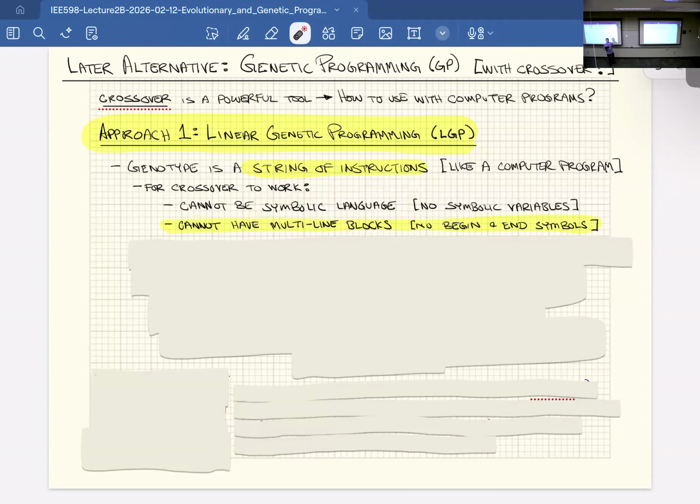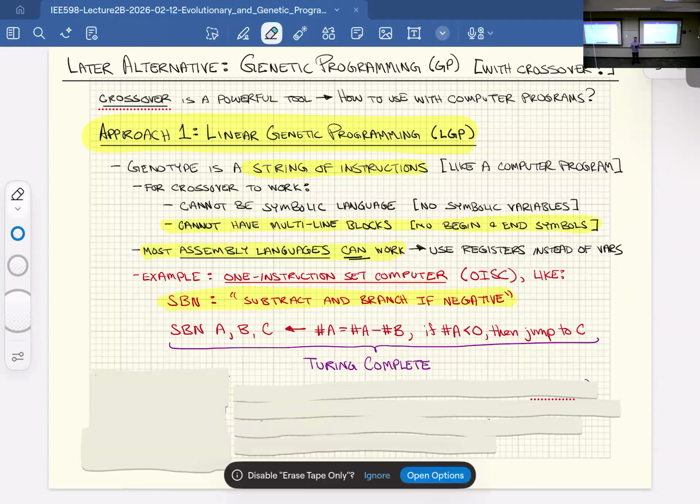So if you introduce symbol names like X, Y, Z, A, B, and C, and then use them, a problem might be that you might cross over references to symbols that have not been declared yet. Now, if you're in a language where if you reference a symbol that hasn't been declared, you do lazy initialization of that symbol to some default value, then you're okay. But it's still not great. So fortunately, most assembly languages meet these criteria.